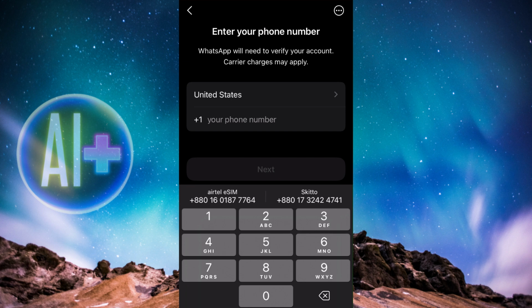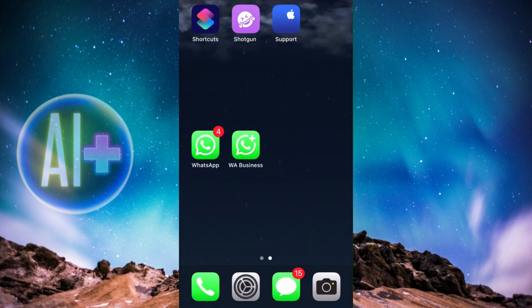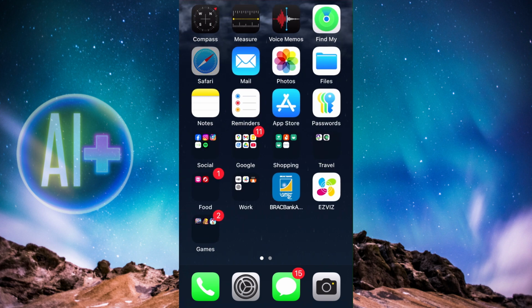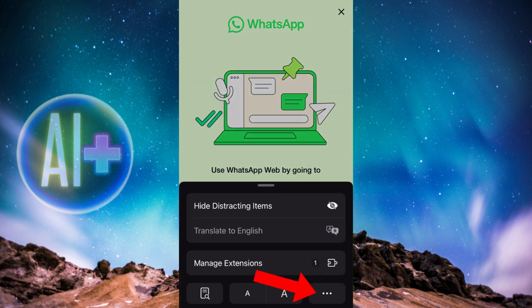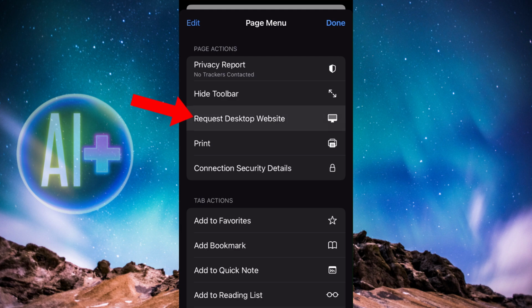But if you don't feel like using a business account, then you can also use a personal account. I'll also show you how to do that. So I'm going to get out of WhatsApp Business, and then I'm going to go to Safari. In Safari, go to web.whatsapp.com. Now click on this sign right over here, and then click on triple dot, and then click on request desktop